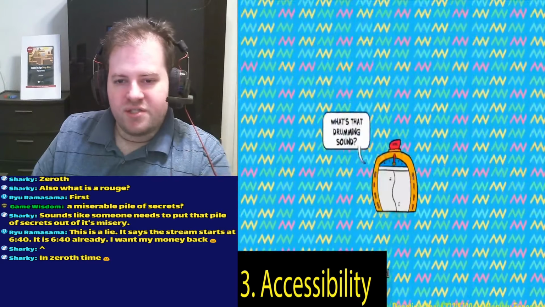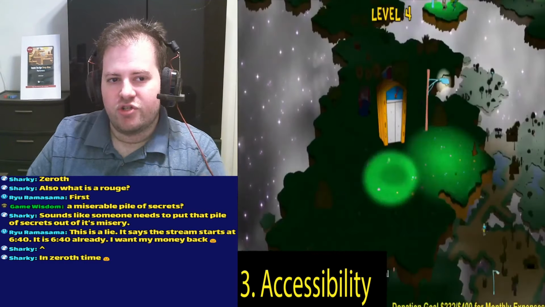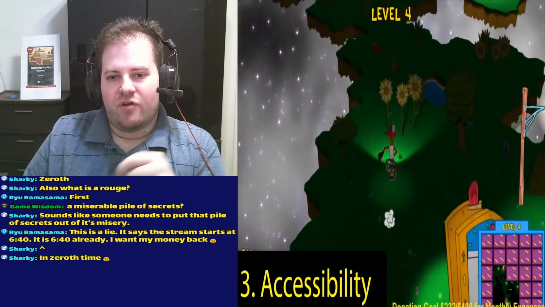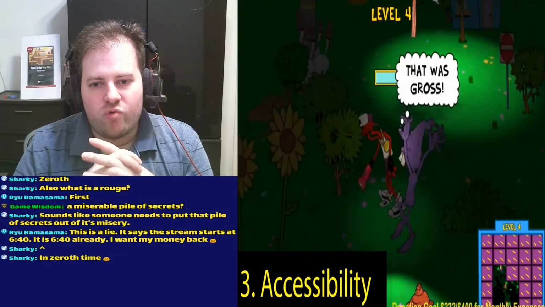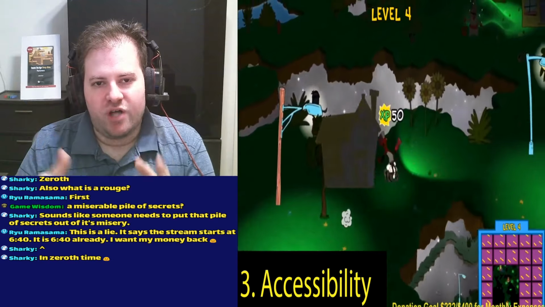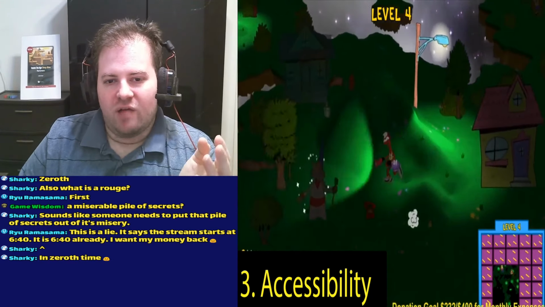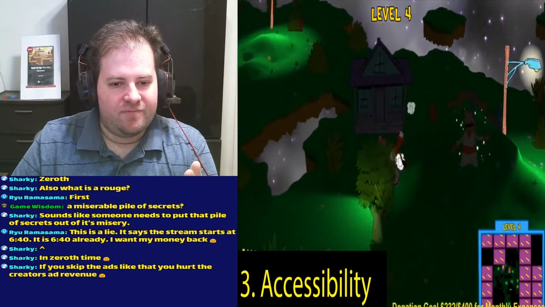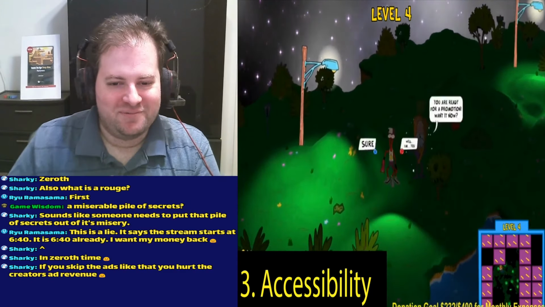So, this is ToeJam and Earl: Back in the Groove, but it is essentially a spiritual successor to the original game. And if we were to be very specific, we could argue that games like ToeJam and Earl were really one of the first examples of roguelike design. One of the arguments that a lot of people have had is that when they look at roguelikes,